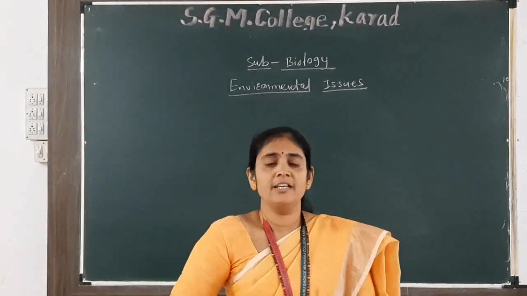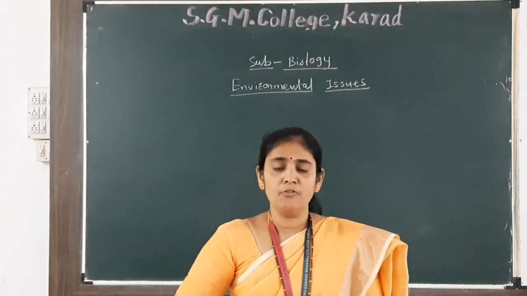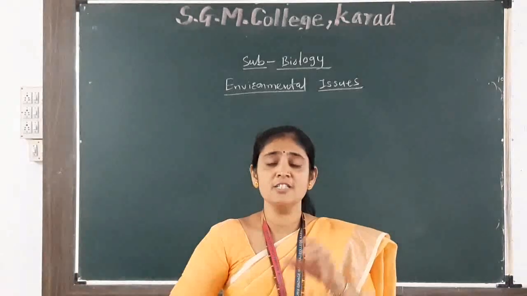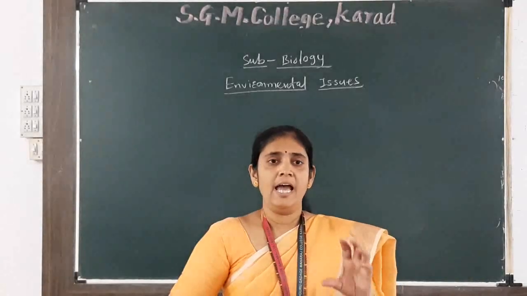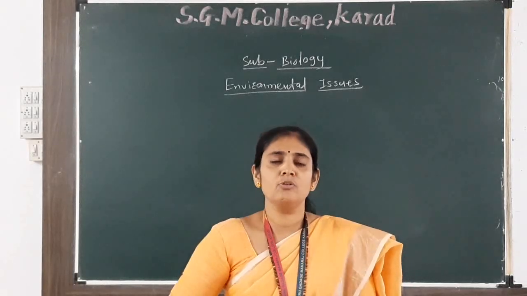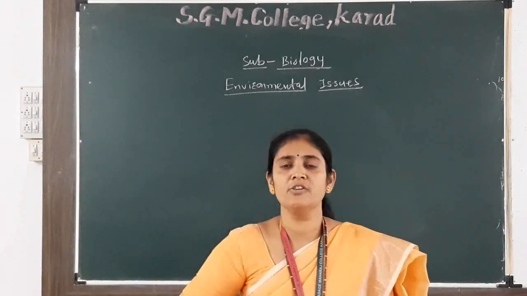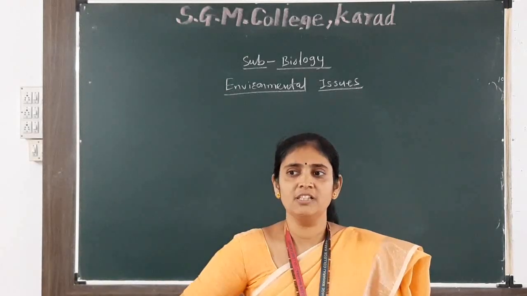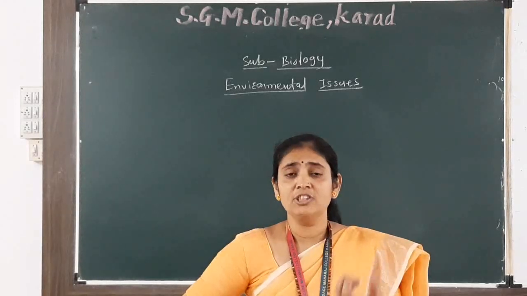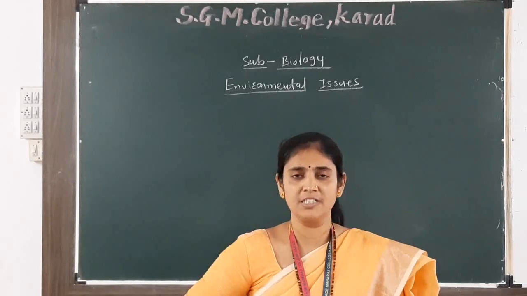We are starting the topic Biodiversity Conservation and Environmental Issues. From that, the first two parts we have completed in the last few lectures, that is, what is meant by biodiversity and how it is to be conserved. In the last lecture we have seen the two methods of conservation, in situ conservation and ex situ conservation, and accordingly we have completed the different biological acts which are given for the conservation of this biological diversity.